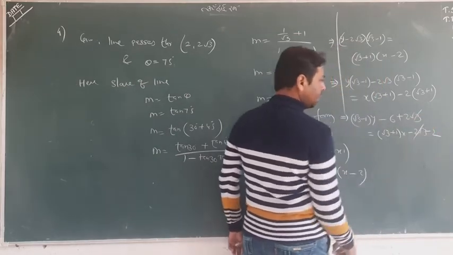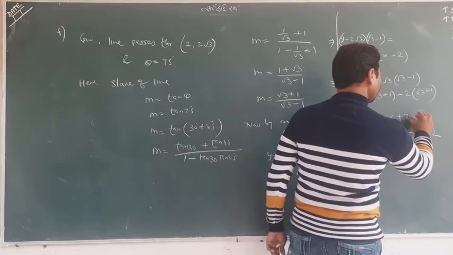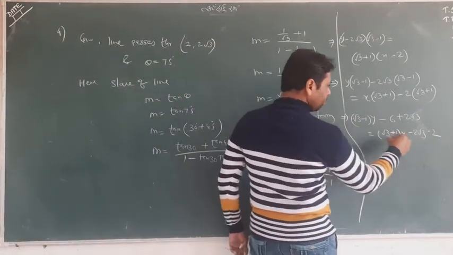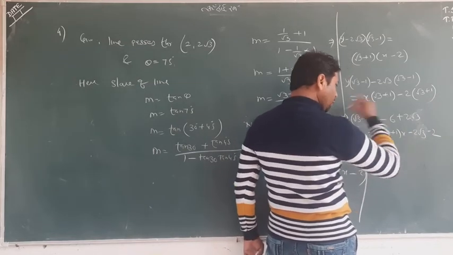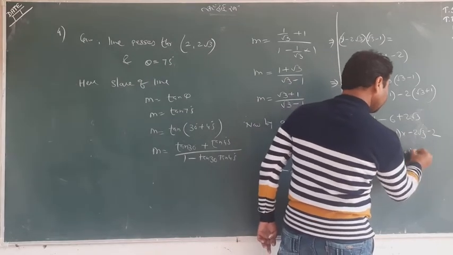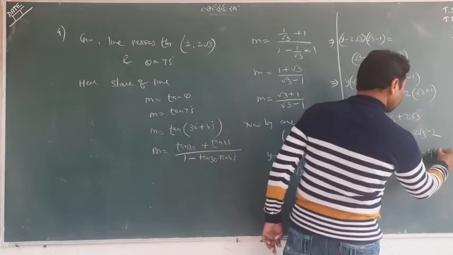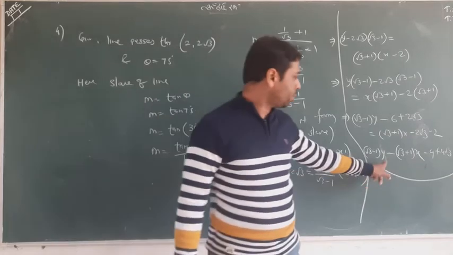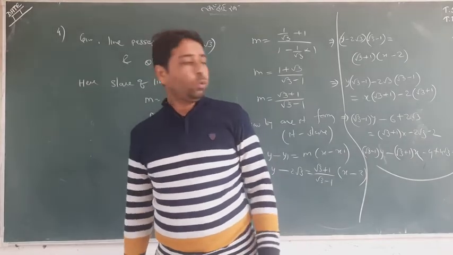Ultimately these two will be cancelled. This is 2 root 3, this is 2 root 3. Now let me check it out, where I write the finalized value here. I transfer each and everything to one side. Then this term will have a minus sign, minus 6, and this will be minus 4, and these two will be plus 4 root 3, equal to 0. Whatever answer you are getting, this is the form. Even if the y term comes first and x later, it does not matter at all, but this is the answer. So you can drop your answer right here.